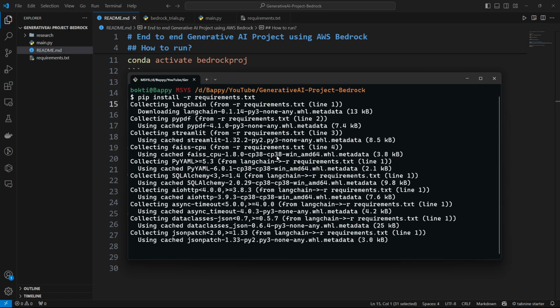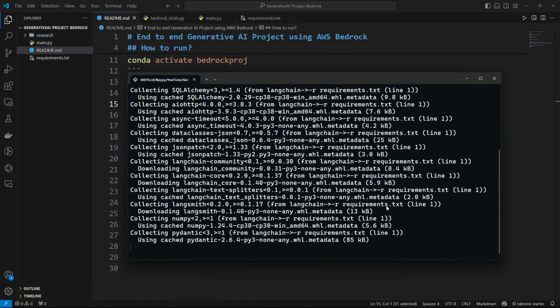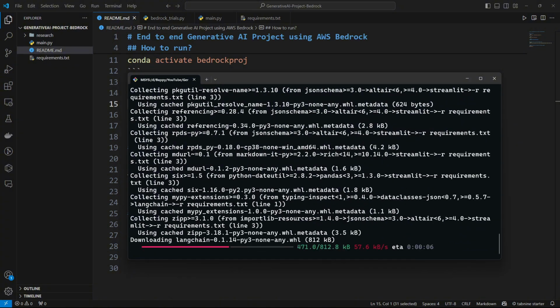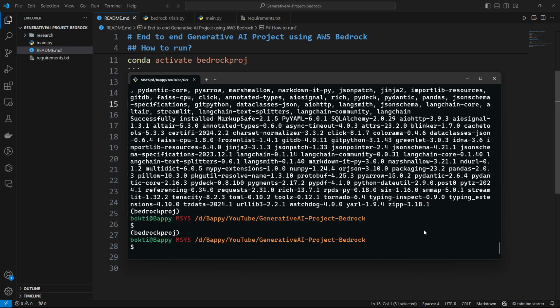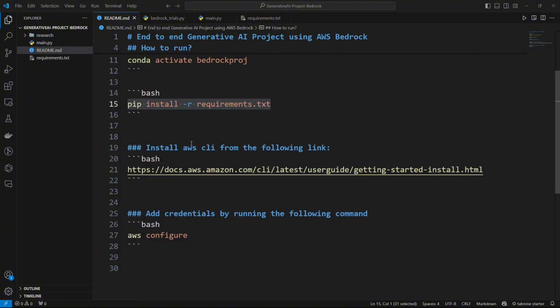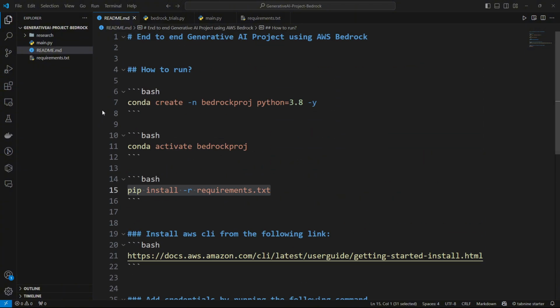See, now it is installing everything. It will take some time. Okay, so let's wait. I'll come back once it is done. So guys, as you can see, installation is completed. Now I can start the coding part. So now I'll go inside this particular resource folder, and